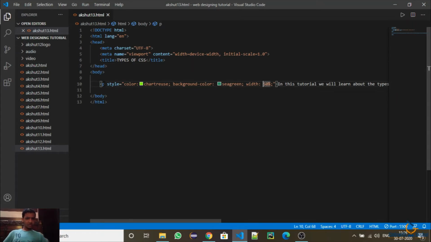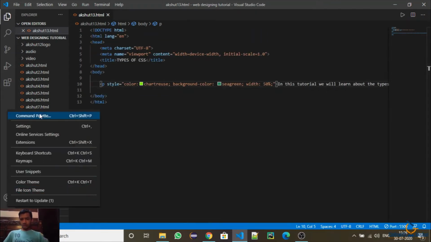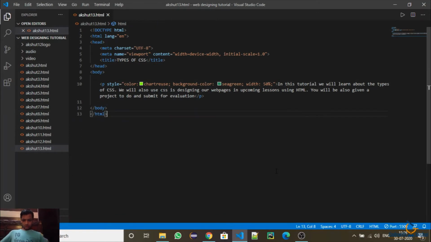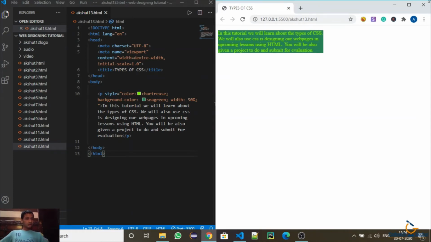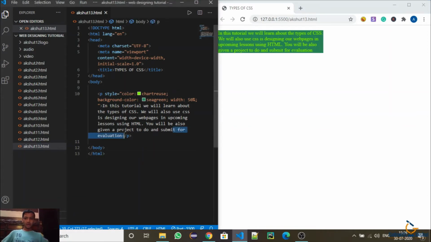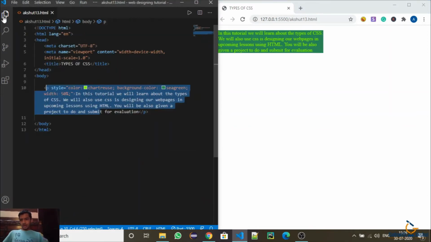Inline CSS is using the style attribute in a tag or an element. Now I will again do toggle word wrap, and now I will do it like this. So if we make the web page or the browser half, then it will also come in half the portion. I will close this.